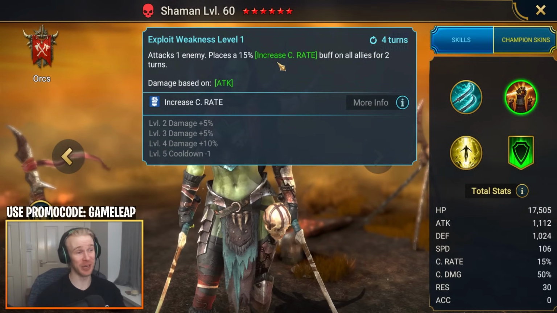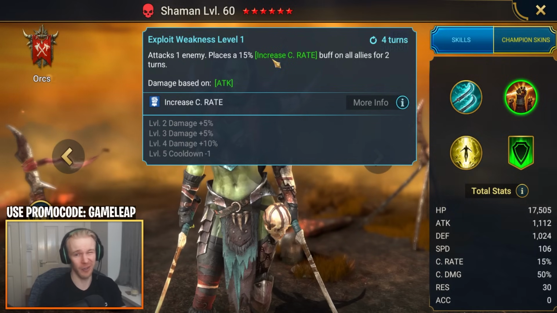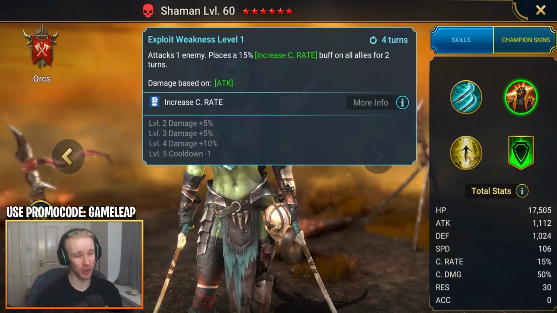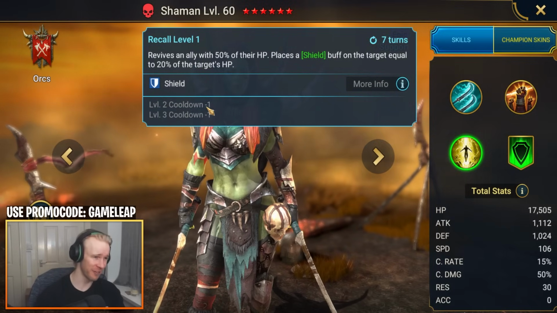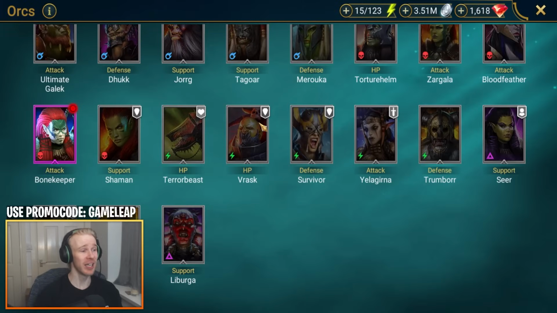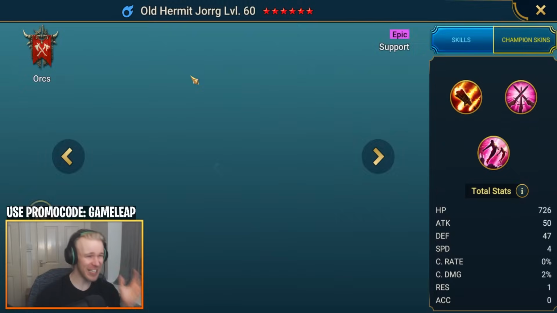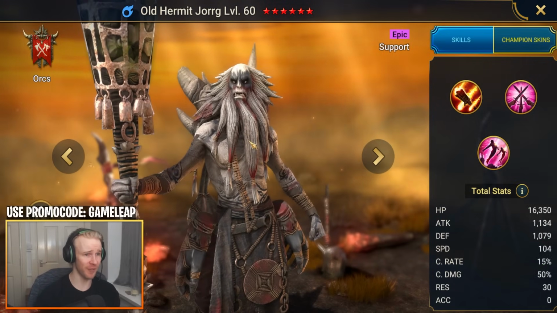You don't want Shaman in your teams just for this increased crit rate buff, and you're going to build your nukers with 100% crit rate anyway, so it's kind of a useless buff. The revive, 5-10 cooldown booked. Do you want to be spending skill books into Shaman? Not really. Not even for faction wars, because, frankly, there are 2 fantastic revivers in the Orcs faction,